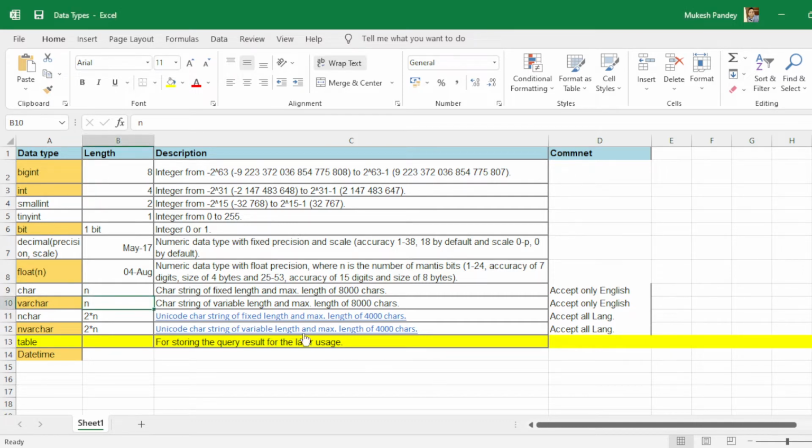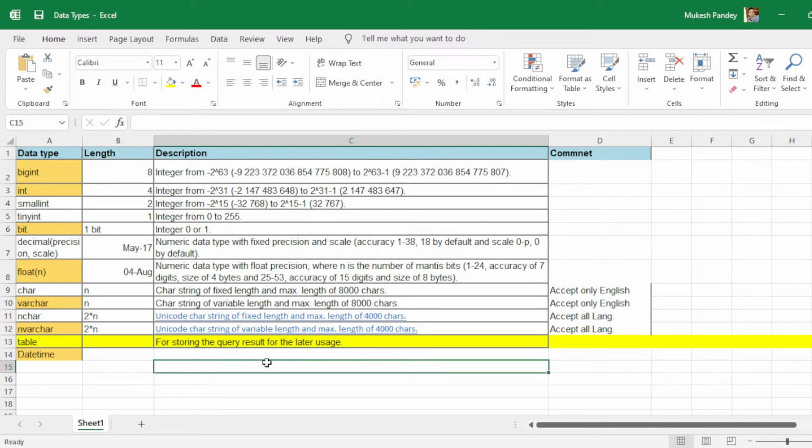For example, suppose you are creating a table and the table has column names like employee ID, employee name, and employee address. So we need to first declare that employee ID will take only integer values, employee name will take character values. Character values include both numeric and character, and address is also a combination of numeric and character values.